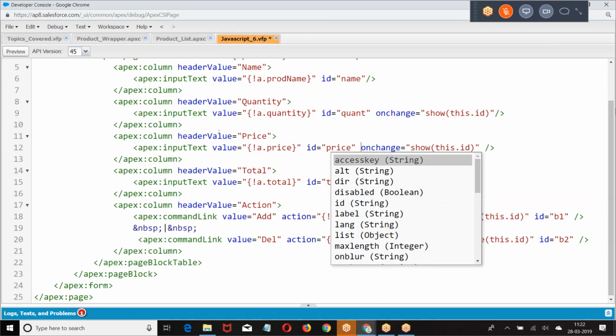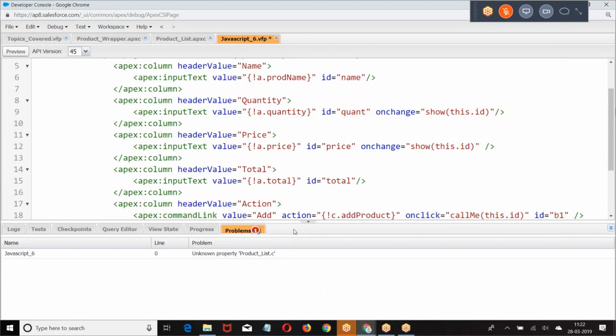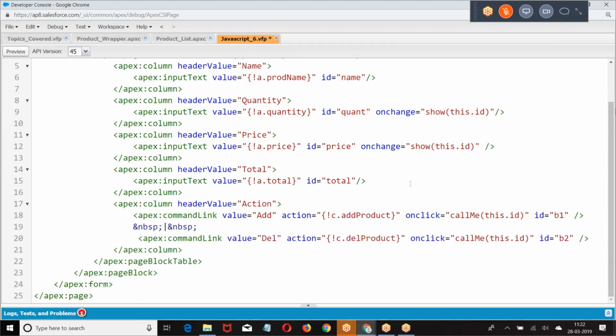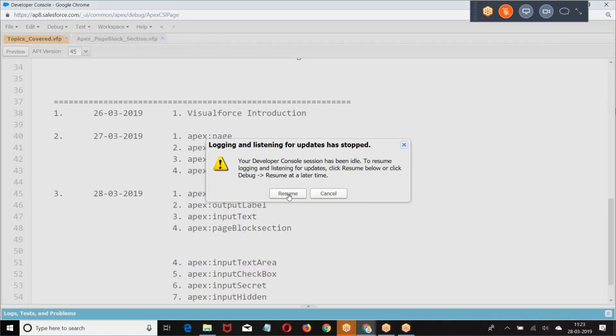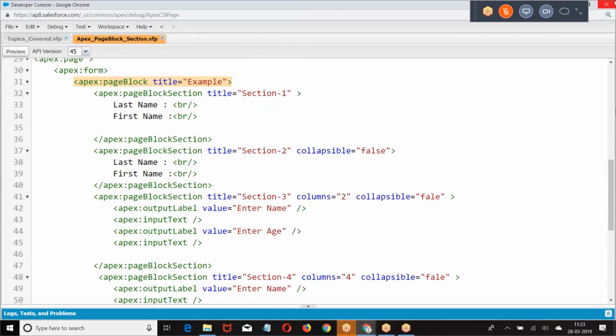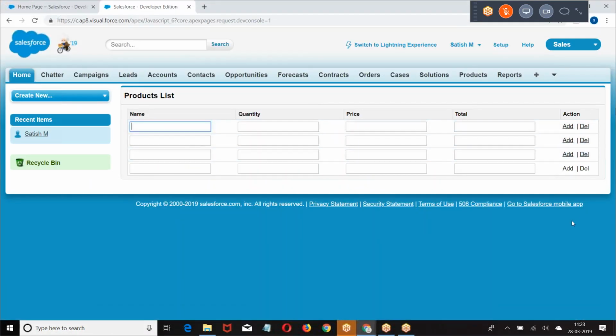So look at the UI part first. Note C. Action. Sorry, it's lightning. In the lightning, we write like C dot method. This is how we got it.